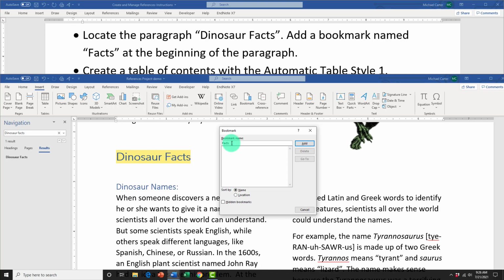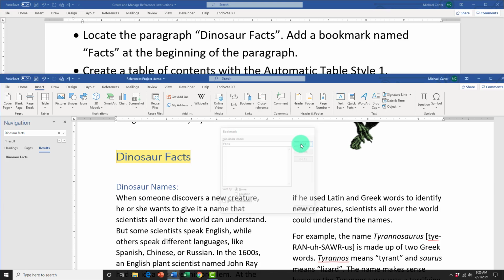Just make sure it's spelled correctly and the quotations aren't included. So it's whatever is in between the quotation marks. That's what you add here. So we'll add. And now if I wanted to quickly jump to that part in the document, I could just